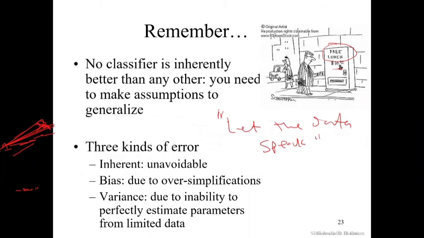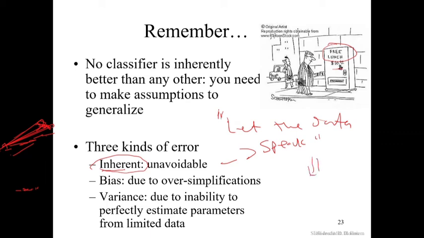So we said three kinds of error are available. After mentioning that no classifier is always better, you need to make necessary assumptions so that you can improve the generalization ability. We've mentioned three kinds of error. The one that is inherent or unavoidable, we find it in the data set. That's why we always say, let the data speak. If your data is very noisy, it's very bad. Even if you bring the best algorithm there, you might still suffer from the system. When you run into this kind of problem, it's better for you to work on your data set. If you have very clean data, even the simplest of algorithm will give you good results.